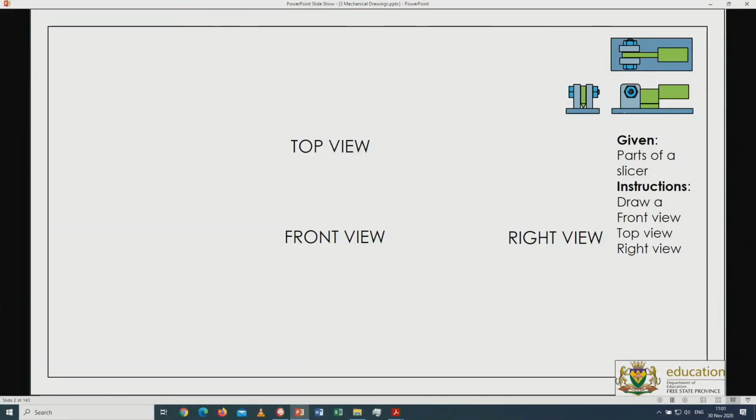Now once you start drawing a mechanical drawing, it is important that you will have to fit your drawing onto this part. Now this is the front view. It's been given the front view, the top view on top here, and the left view on the left hand side. Now the examiner is asking for a right view, front view and a top view. Right, so we're going to have a front view, a top view, and we have to have the right view